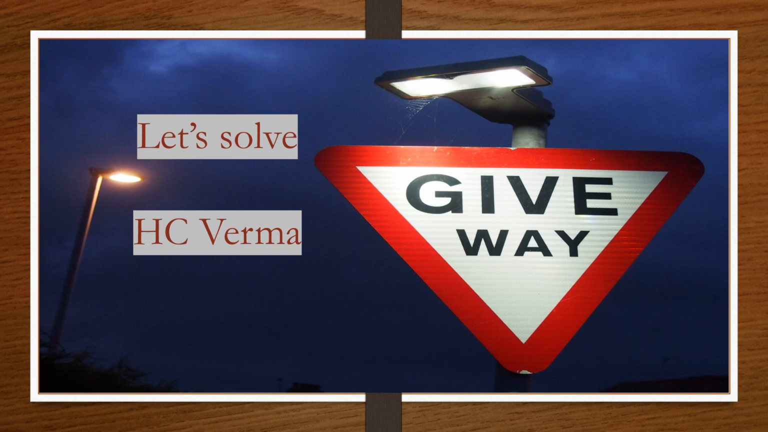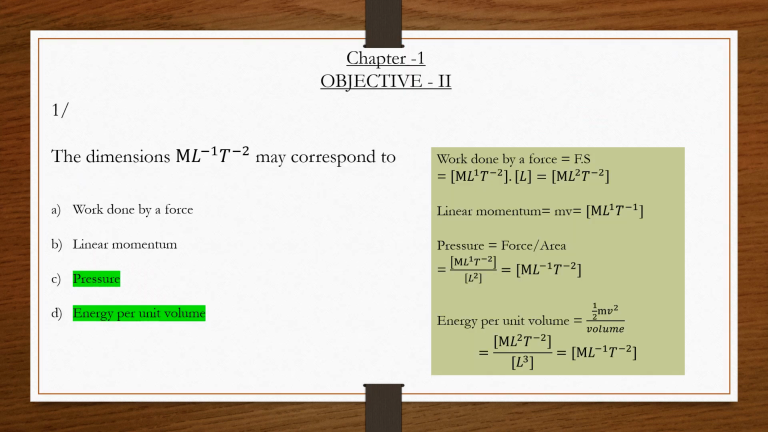So in this video we will discuss the first chapter, Verma questions, and here we will discuss the objective part 2. So let's begin, and here's our first question: the dimensions M L minus 1 T minus 2 may correspond to, and here are our options: work done by force, linear momentum, pressure, energy per unit